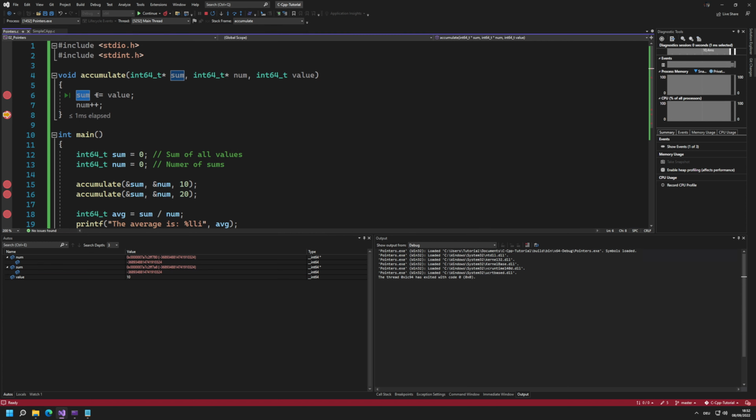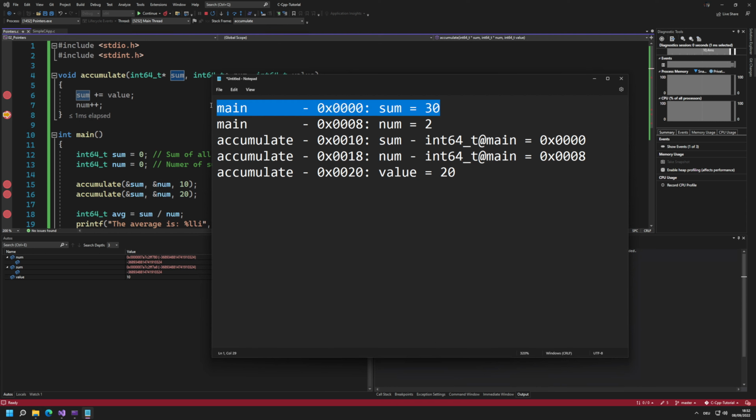Basically, what we have done is pointer arithmetic. Instead of taking the value of sum and incrementing it by 10, we move the pointer 10 values ahead. Instead of changing the sum here, we have taken that sum pointer, which was here. Let me copy this. So sum was the pointer here to 0, and we have incremented this by 10, which is hexadecimal A, which is now like that,